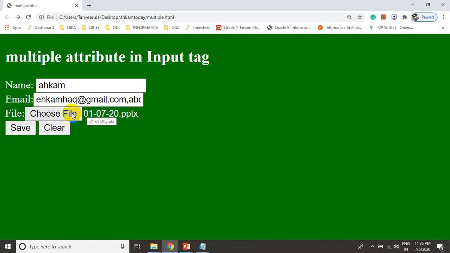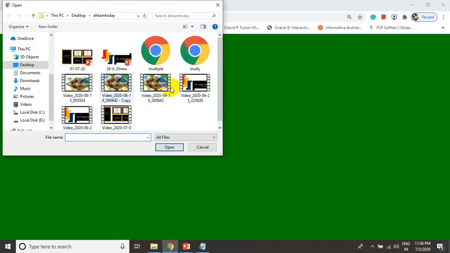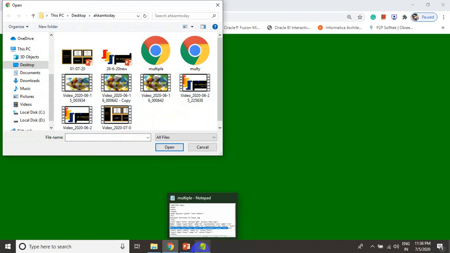For example, I just want to show we have n number of files. When I press Control A, I am unable to select them. Why? Because input type equal to file will not allow you to upload more than one file unless you use the multiple attribute.